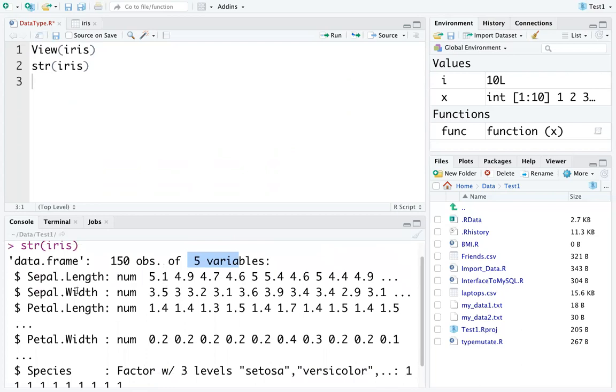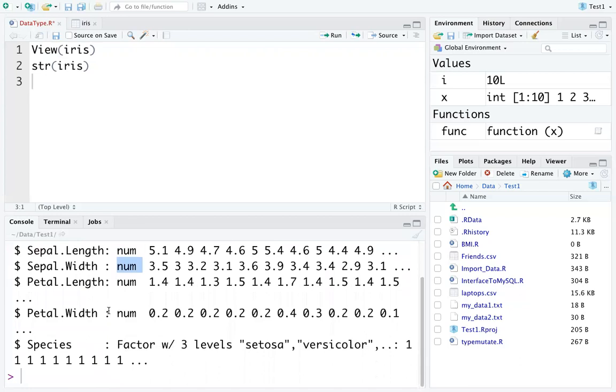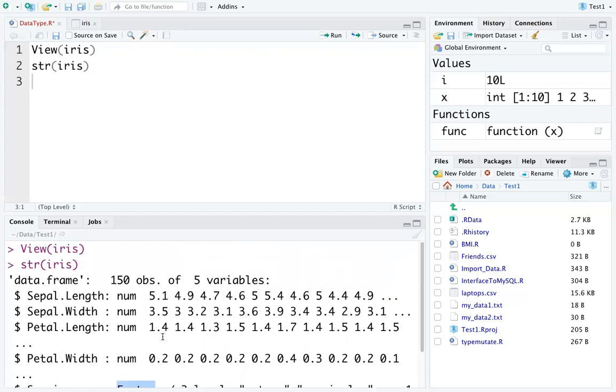The first column, which is sepal length, is of numeric type, and these are the values. Sepal width is also a numeric type. These are the values. Petal length, numeric type. Then petal width is also a numeric type, and species is a factor, right? So we have 3 levels, which are the 3 species names, right? So it is of factor type. That is the information provided by str,